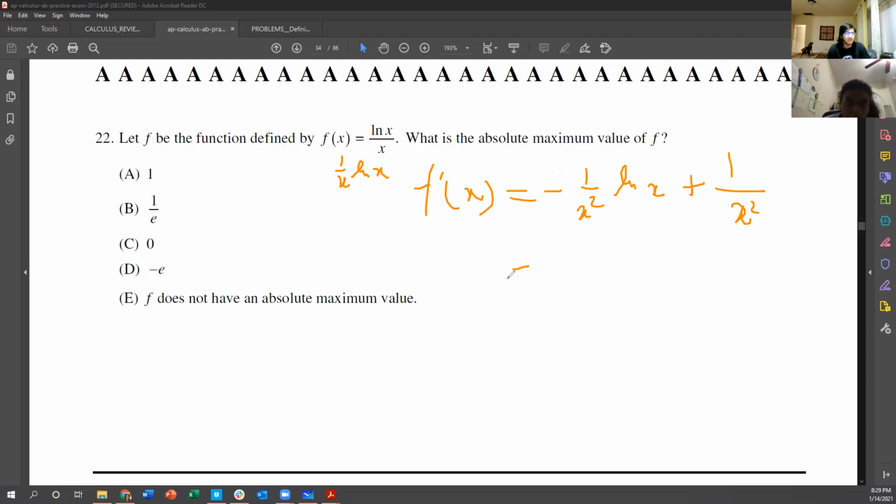Honestly, okay, let's factor it out. 1 over x squared times 1 minus ln x, right? That equals 0 if we're trying to find a supposed maximum value. Okay, so our possible solutions are,